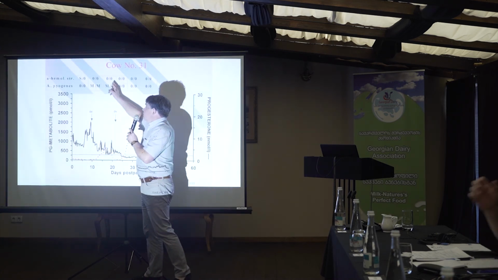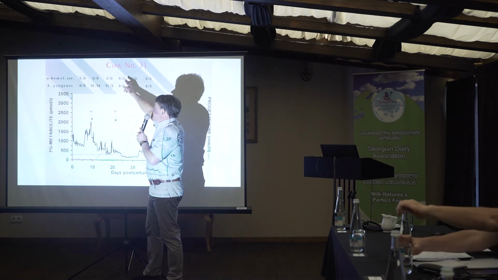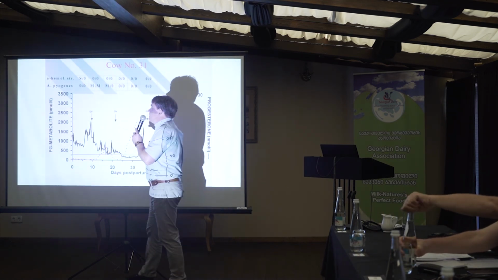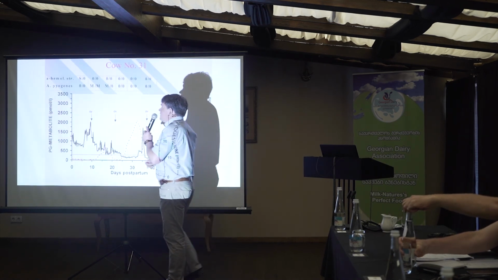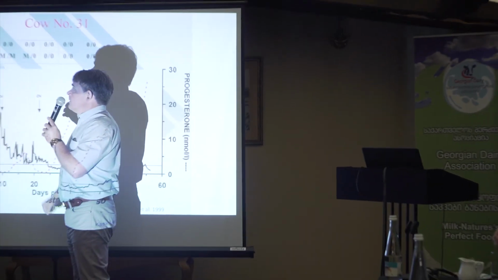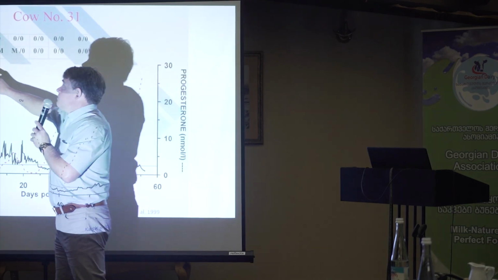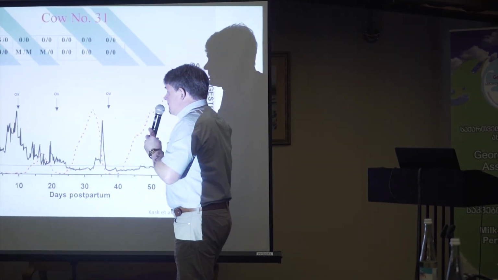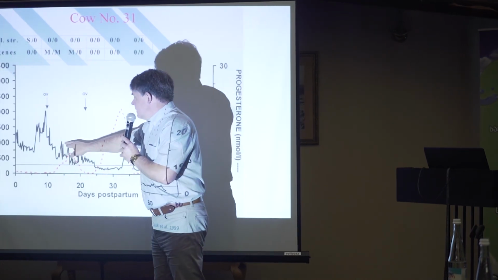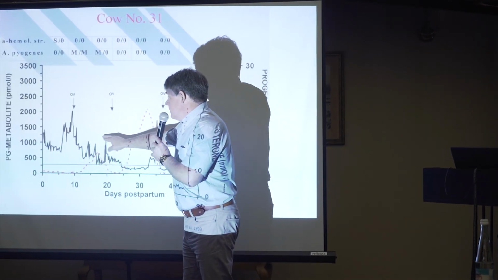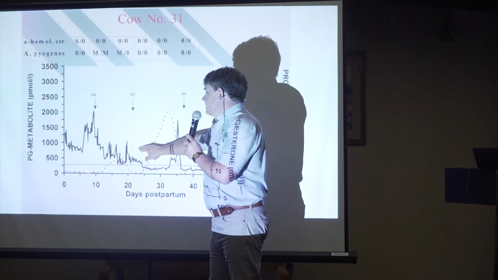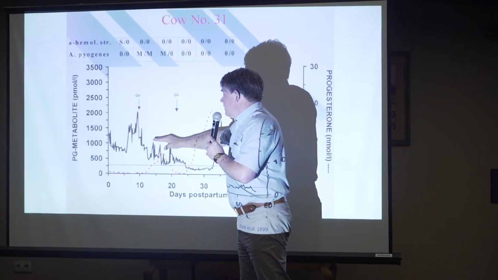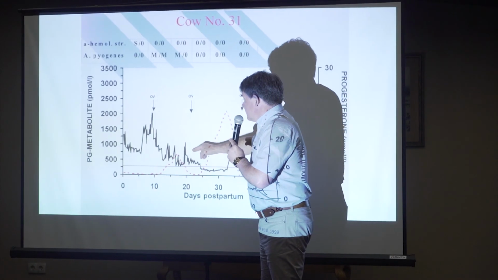And this cow, during the first 3 weeks, had bacteria inside the uterus. She had alpha-hemolytic streptococci, and she had Bacterium pyogenes. Nowadays, this bacterium is named Trueperella pyogenes. And you will see here now that this prostaglandin is not anymore the normal prostaglandin. This is an inflammatory prostaglandin. It's not higher, but it's a reflection that there is inflammation.